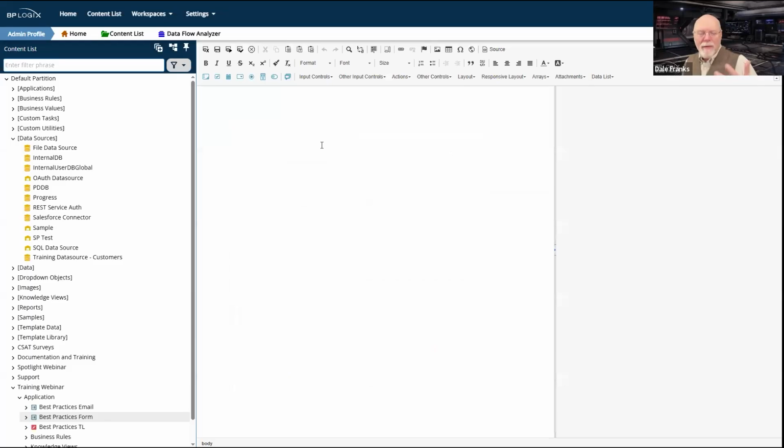Obviously, all of us probably have some color scheme that we like our forms to be and logos that we want to see on it, all that other stuff. Sure, fine. Put all that stuff on here. I'm not super concerned about that. I'm more concerned about the technical aspects of building the form. So let's just talk about the brief number of things that we're going to need on this form.